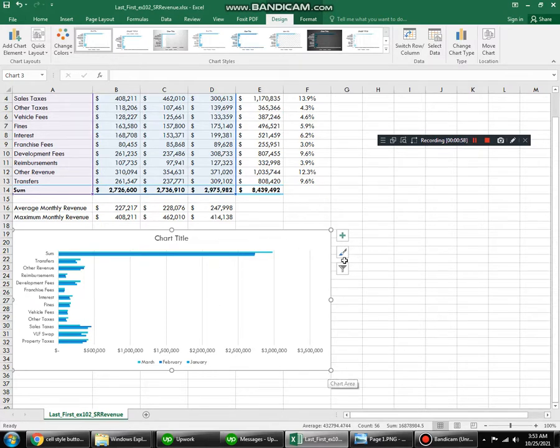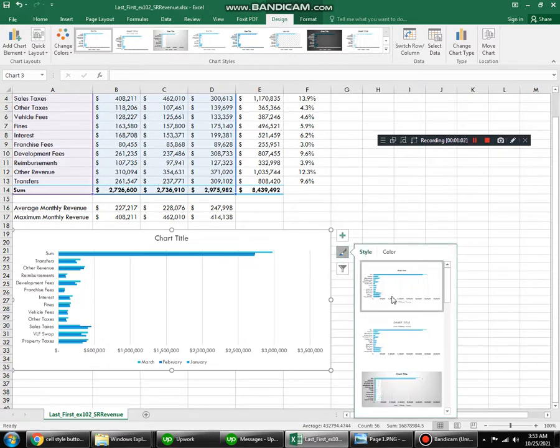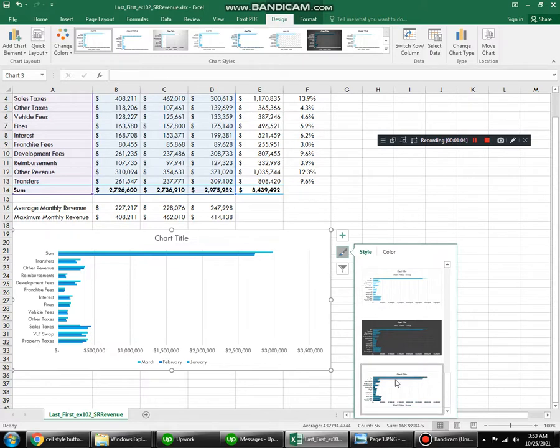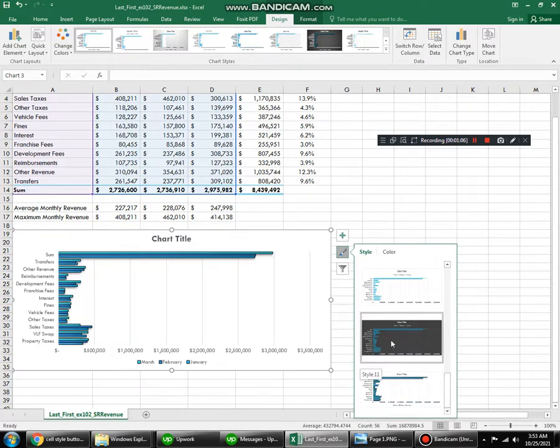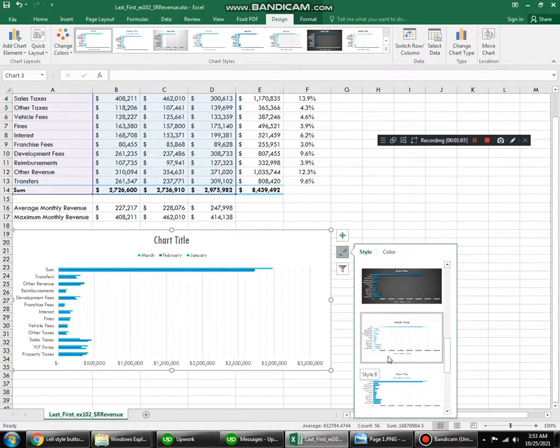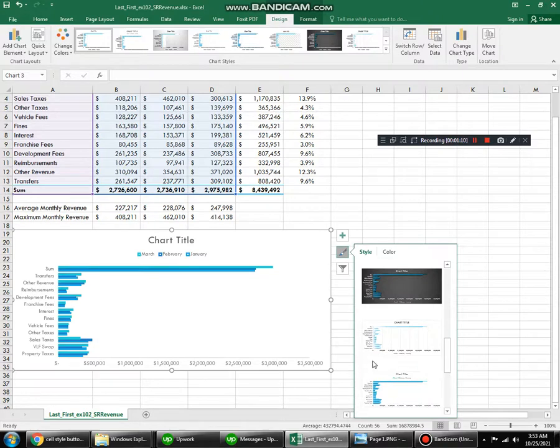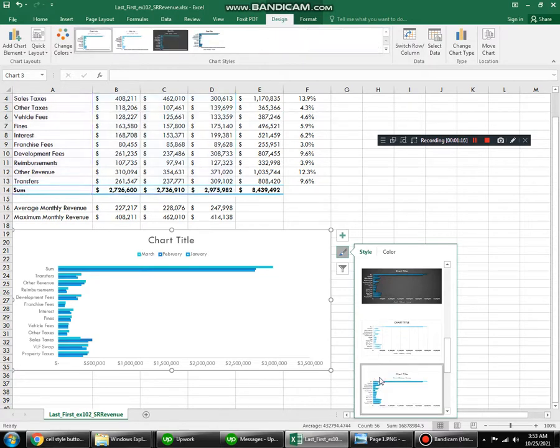Then go to style here, chart style, and select style 9, style 12, 11, 10, and this is style 9. You can see the style name above the, click here. Okay,